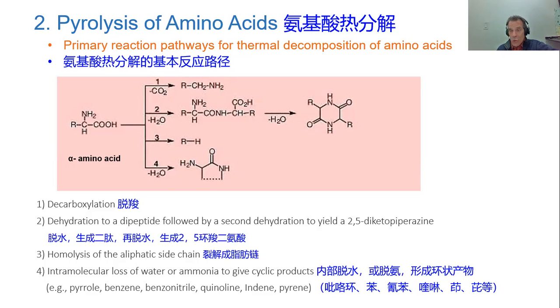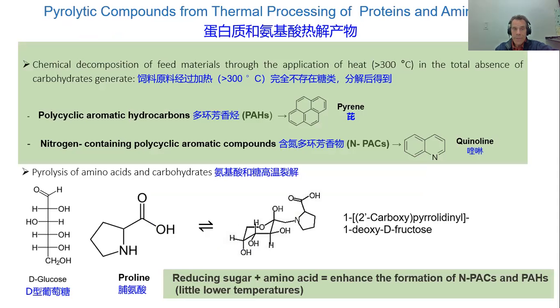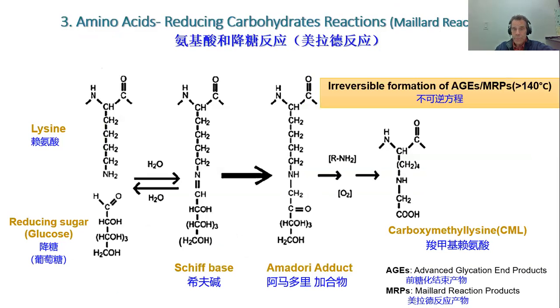Common when you're barbecuing meat, but is it common when you're processing feed ingredients? Unless you go to the extreme, right? Probably fairly unlikely, unless you have a drum dryer that's powered with flame or something like this, as in the case of systems for drying fish meal and blood meal in the past. So carbohydrate can be involved in this pyrolysis too, not just amino acids, and it creates these PAC and PAH in the process also.